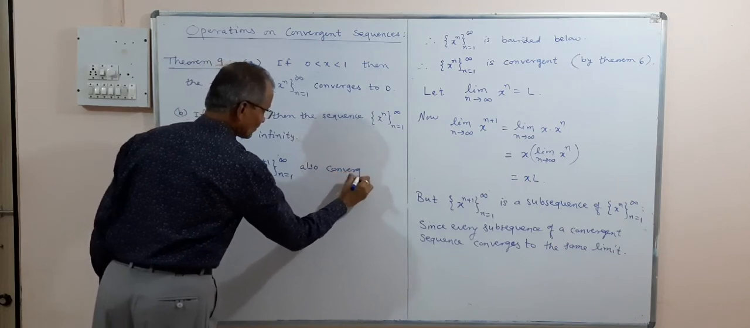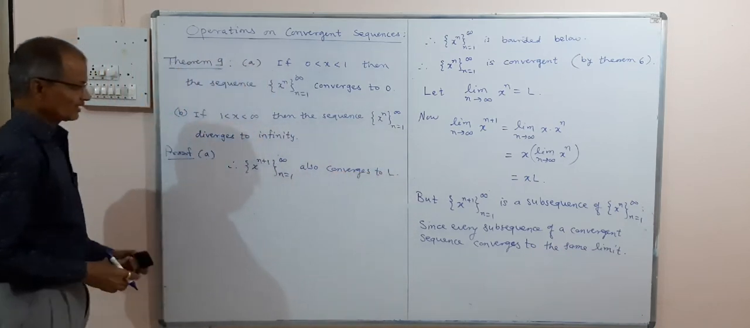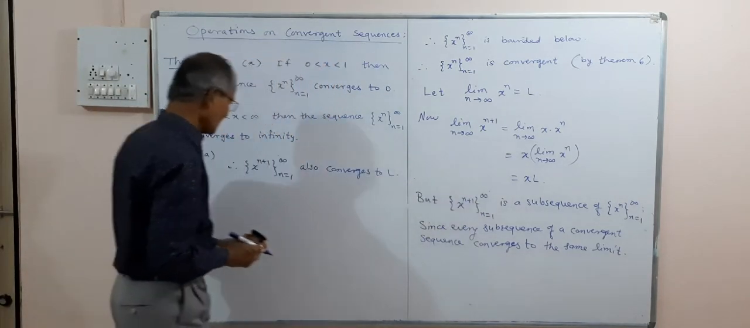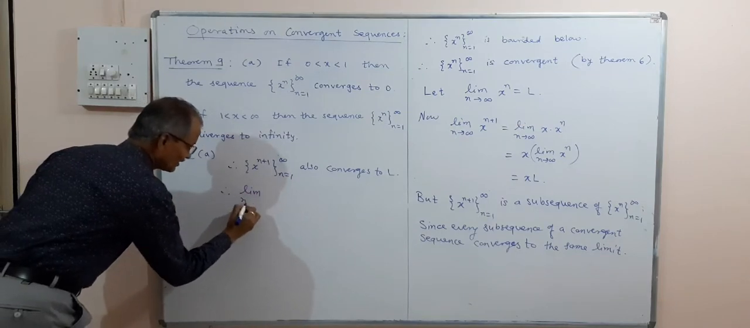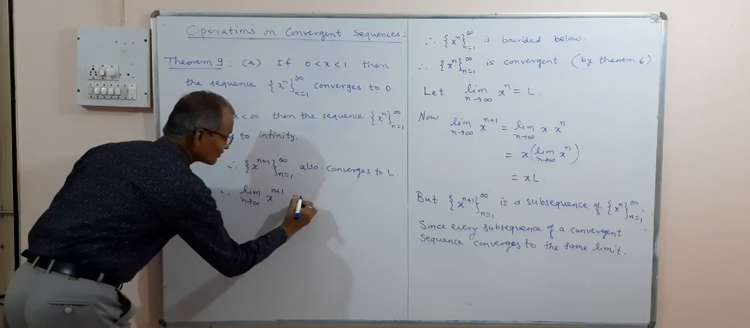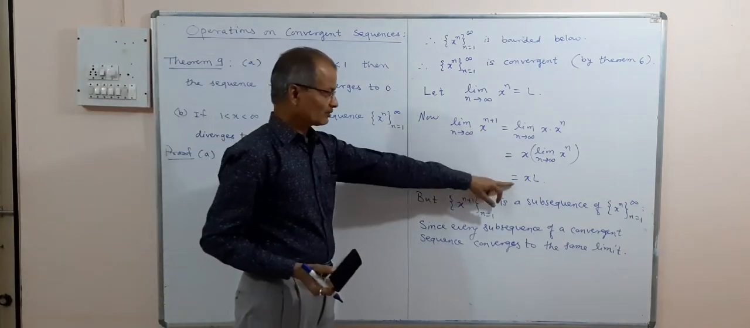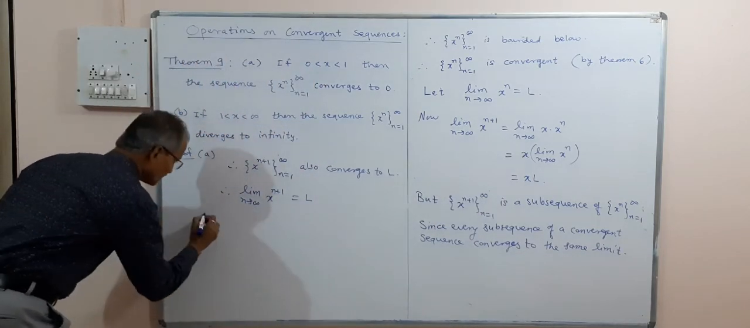This converges to x. But earlier we have seen its limit is L. Converges to L means it has also the limit as L. Limit n tends to infinity of x raised to n plus 1 is equal to L. And from these two, we have L is equal to xL. Thus,